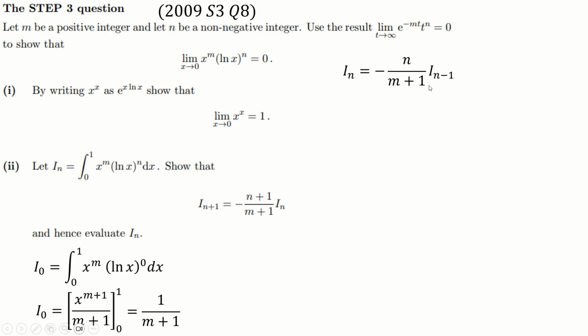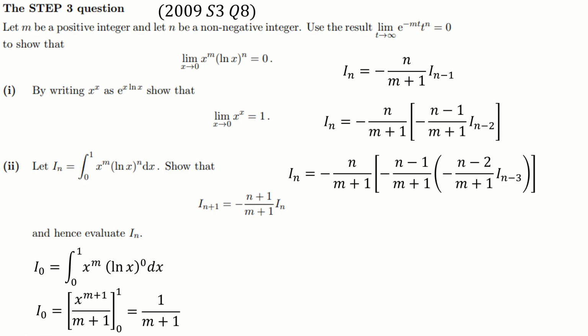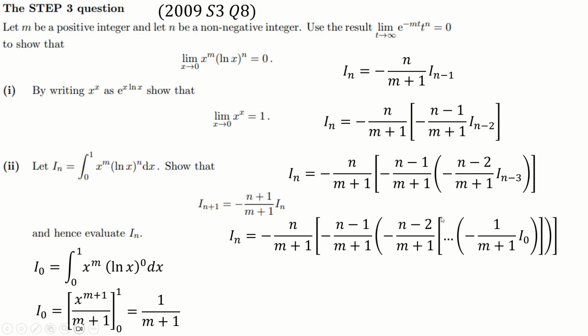But the thing is, we can just do that again with In minus 1. Replace the n's with n minus 2s, and this will become a minus 1, and that will become a minus 2. And then we can do that again, and we can do it again, and we can keep doing it all the way down to I0. And now all we have to do is firstly substitute the result we know for I0, which is 1 over n plus 1, but also just count carefully everything that's going on here